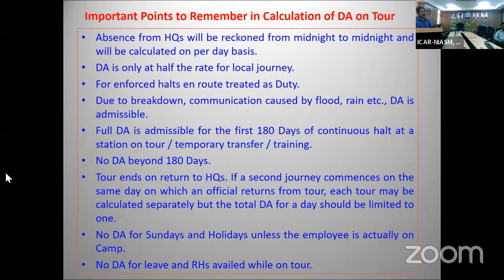अगर आप टूर में जा रहे हैं, टूर में अगर कुछ आप सीएल ले लिए या आरएच ले लिए, सीएल और आरएच अगर टूर में आप ले लिए, तो उस केस में आपको डीए मिलेगा नहीं, डीए जब कैलकुलेट करेंगे कुछ मिलेगा नहीं। तो ऐसे ही वे में डीए कैलकुलेट होता है, सप्लीमेंट। तो इसमें कुछ डाउट? यही थोड़ा टेक्निकल इशू था, इससे मुझे लगा थोड़ा आपसे बात कर लूं।